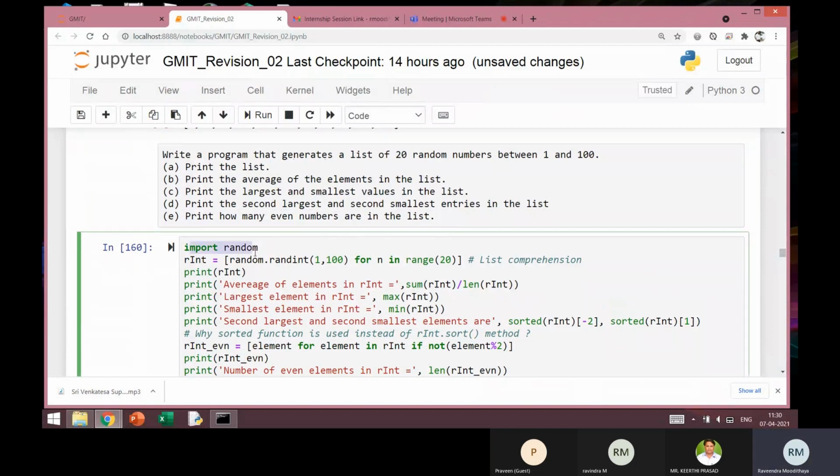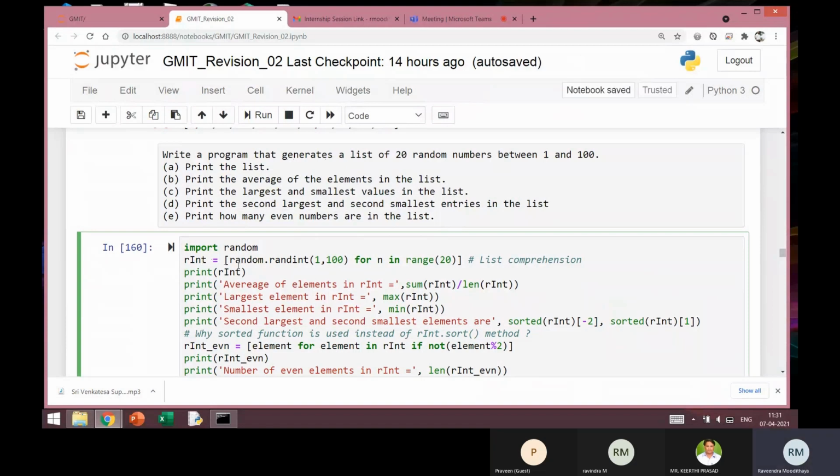So import random, this is very important. And I just use one variable name rInt. And once again, I follow the general convention for giving the variable name. Here I kept r in small case and Int with I in capital letter.